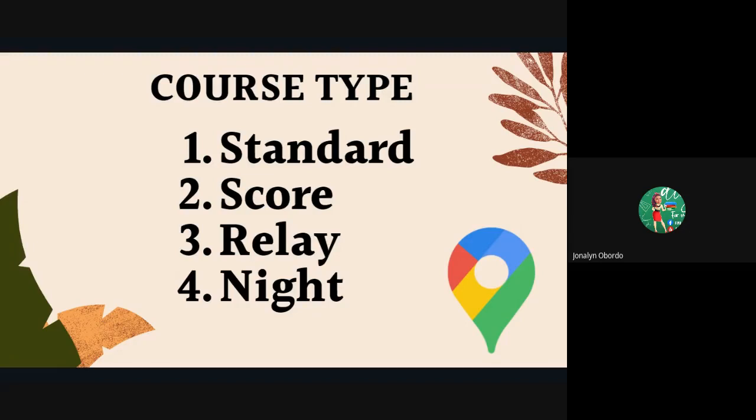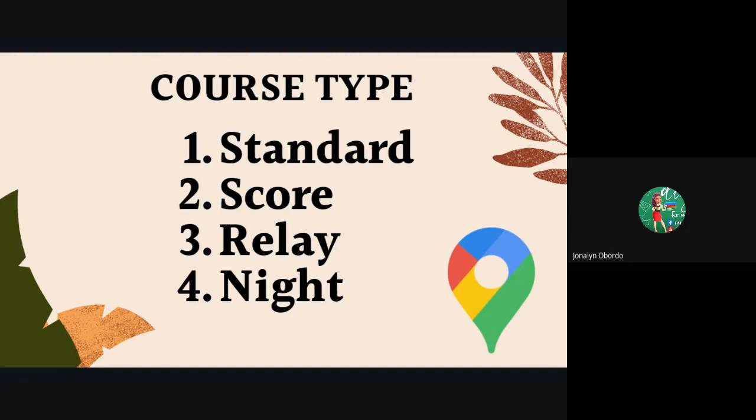Now, the relay. Compared to the first two, the standard and the score, this one is uniquely composed of a team. Last week, we discussed team building. This activity is very related to that. Team. Why? Each member of the group is navigating. All of you in the team are working. Similarly, the first orienteer will be on the starting line with other competitors and tags a teammate who will complete the course. The rule follows the standard type of variation.